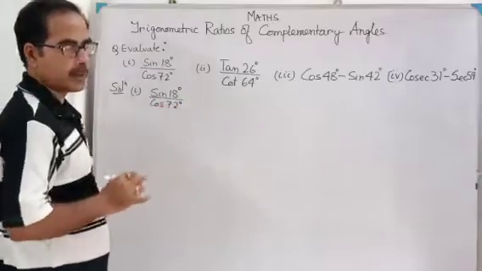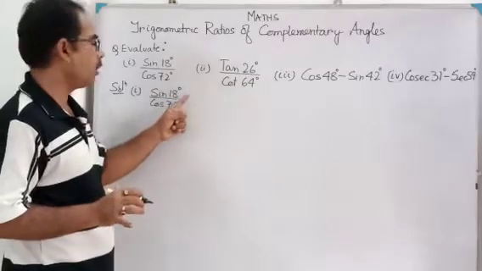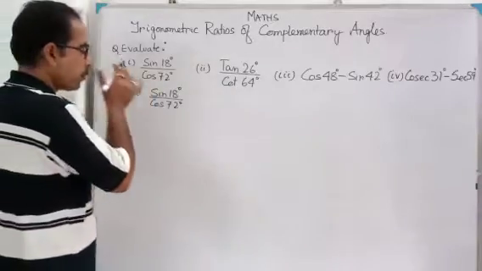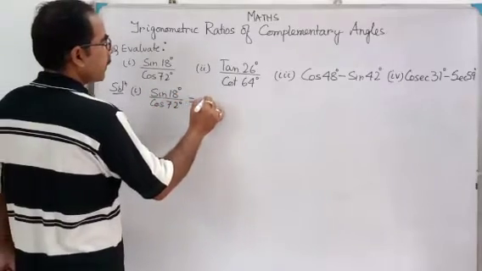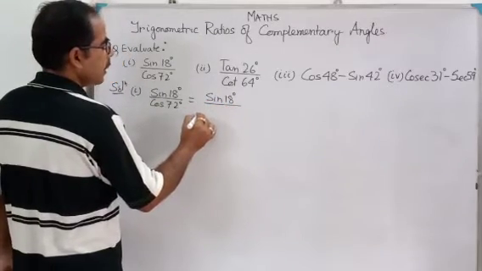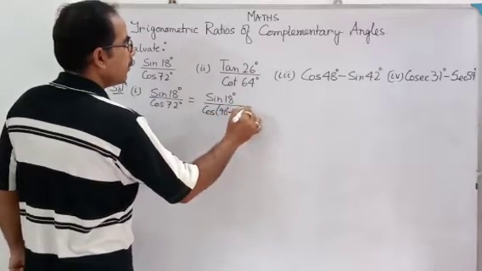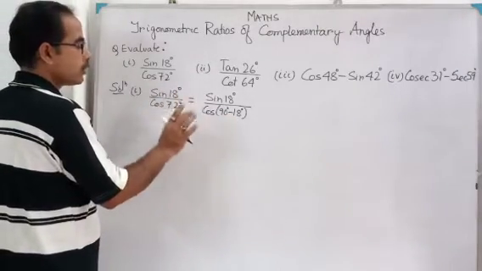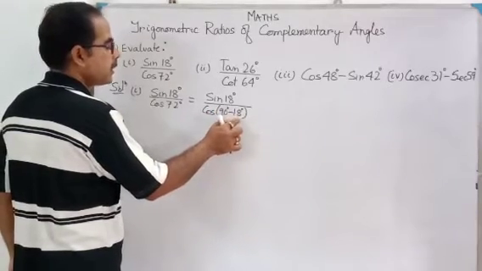One thing keep in your mind, students. Whenever there is a numerator and denominator, either you will change the numerator or go for the denominator. Don't go for both things. Either numerator or denominator. Suppose I am going for the denominator. So sine 18 degree by cos 72 degree can be written as sine 18 degree, I am keeping this one as it is. Cos 72 degree can be written as cos 90 minus 18 degree. Tell me yes or no? Because 90 minus 18 is what? 72 degree. Cos, no change. Only instead of 72 degree, I am writing here 90 minus 18, because 90 minus 18 is equal to 72 degree.